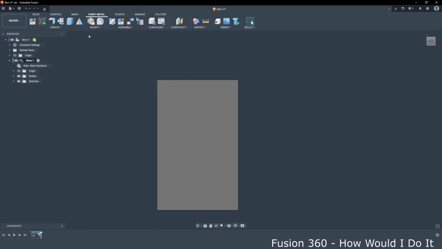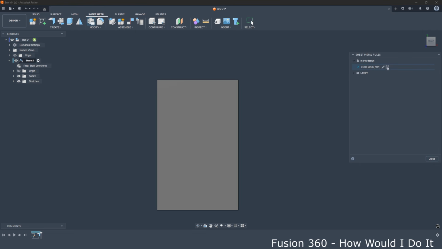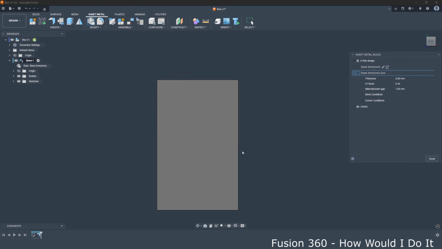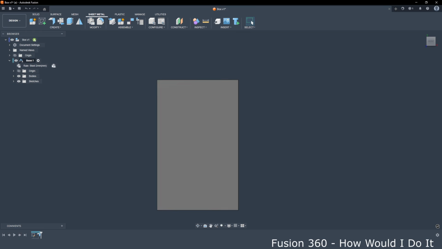Also, we can create a new material by clicking here and click here. New rule. We will create a new material just to see how it goes. Steel 2 millimeters and give it some name, let's say box. Thickness 2 millimeters. This miter rib seam gap will be thickness divided by 2 and save. Close, and now we will choose that